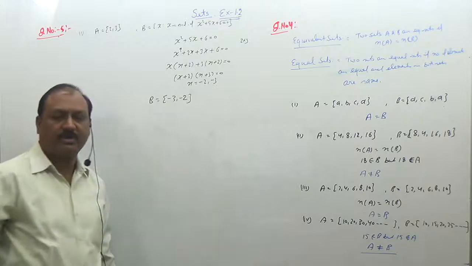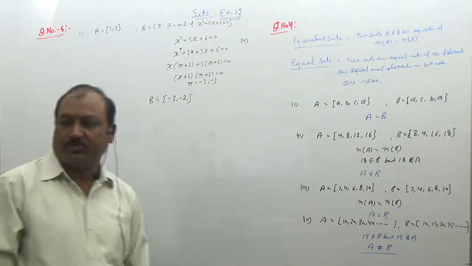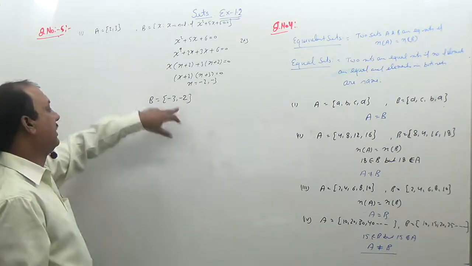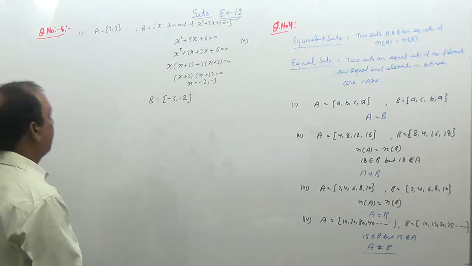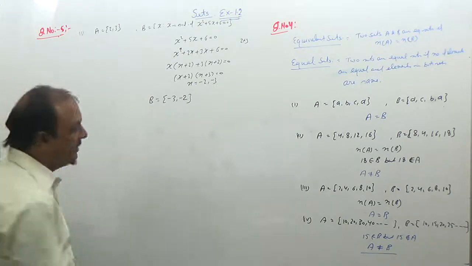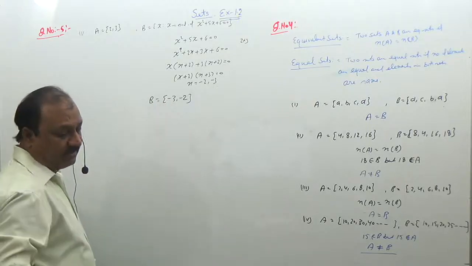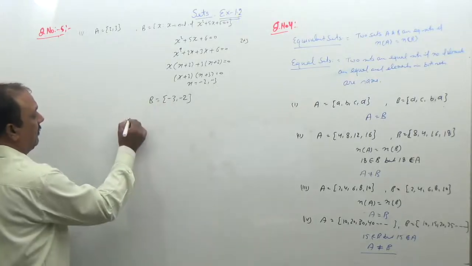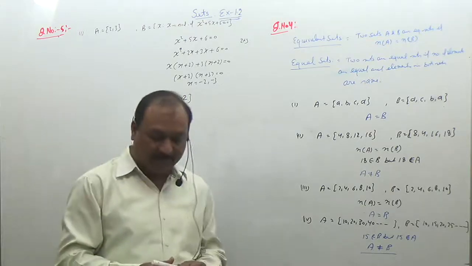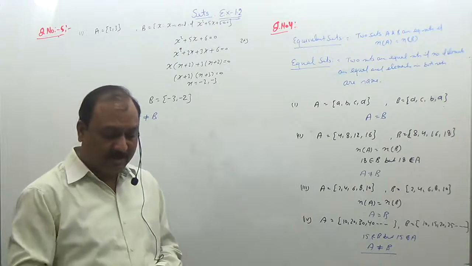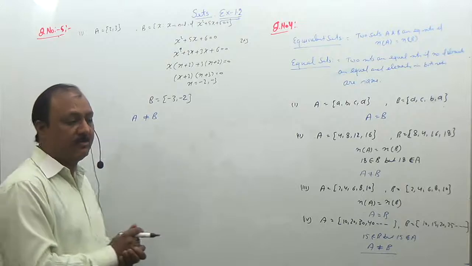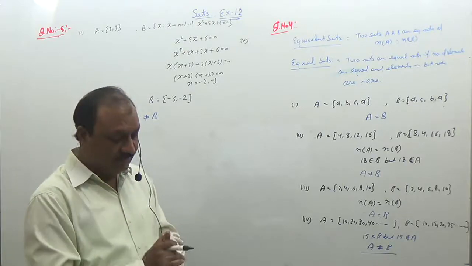So there are two sets: one set A which contains the elements 2 and 3, and second which contains the elements -3 and -2. So the number of elements of set A is equal to the number of elements of set B, but both the sets have different elements. So our conclusion is that sets A and B are not equal, so A is not equal to B. One condition is satisfied, but the other condition is not satisfied. The condition satisfied is that both the sets contain two elements, but the elements of both the sets are different. So these are unequal sets.